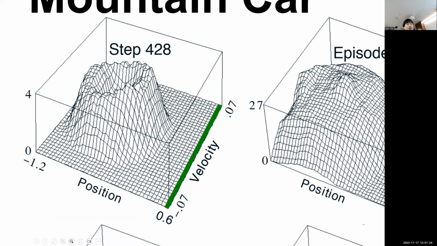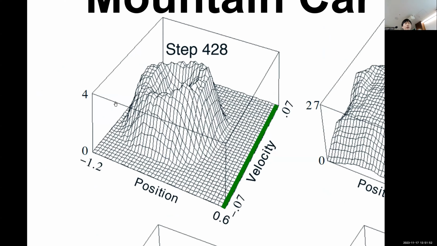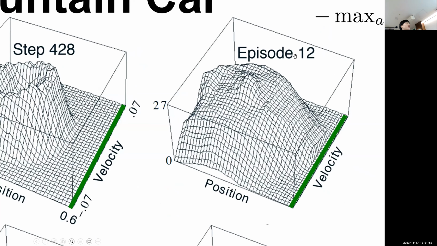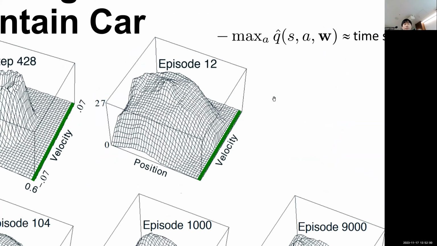So initially, when this car is moving around, it just checks the surrounding information. It moves to the top and back, reaches some height and comes back, moves some height, comes back. So we have this kind of value, step side. Okay. Now, if we continuously run the simulation, like for episode 12, the shape becomes more and more